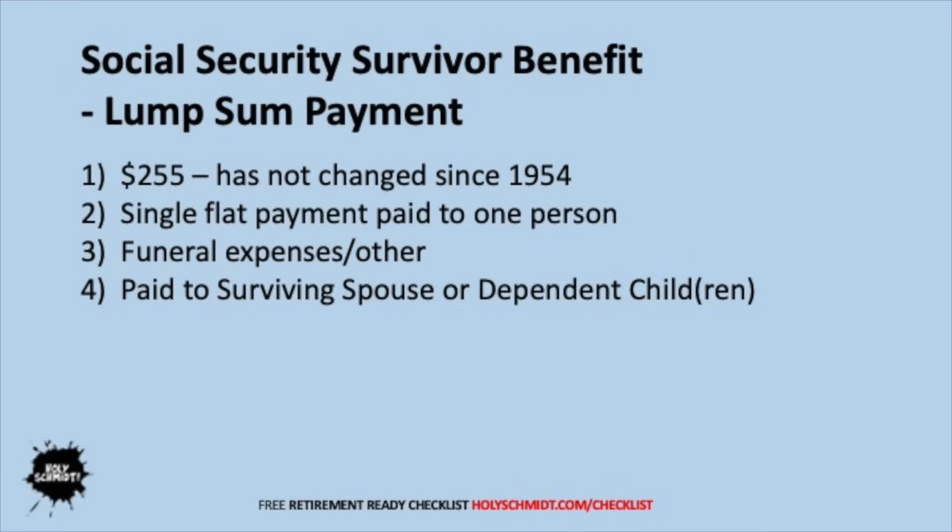The payment goes to a surviving spouse, and if there's no surviving spouse, then the payment goes to dependent children. It does not go to adult children or other family members if there is no surviving spouse or dependent children. There isn't really much more to say about this, and probably not the reason that you came to this video,